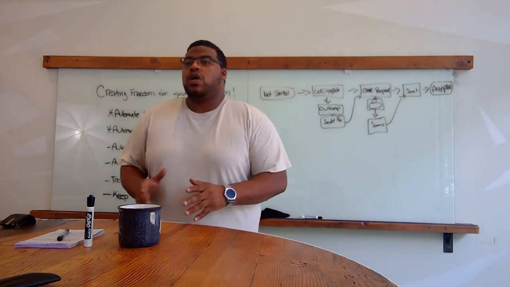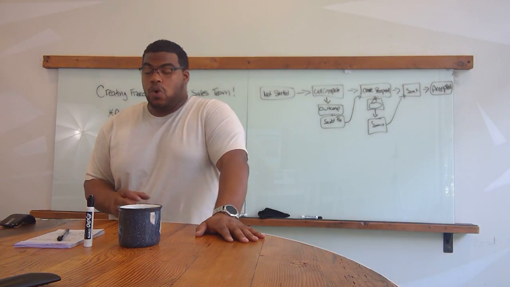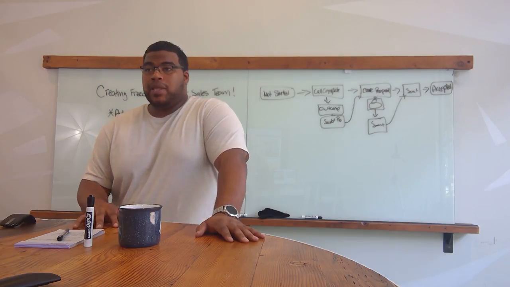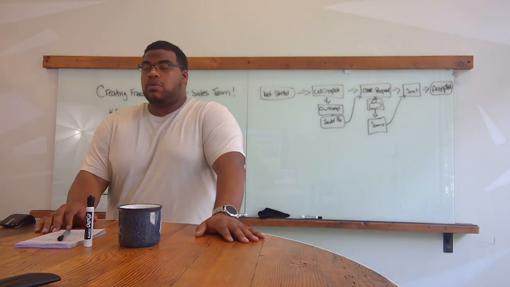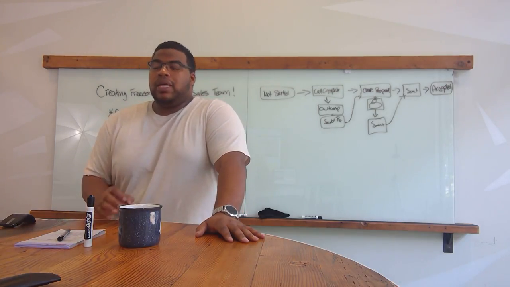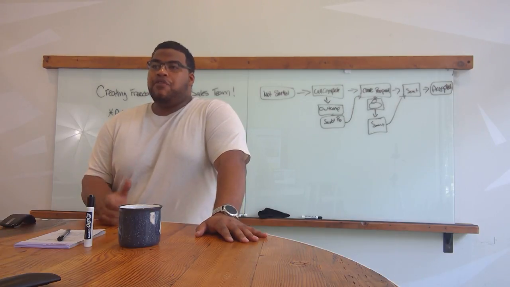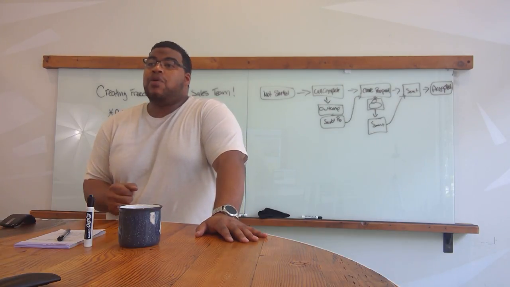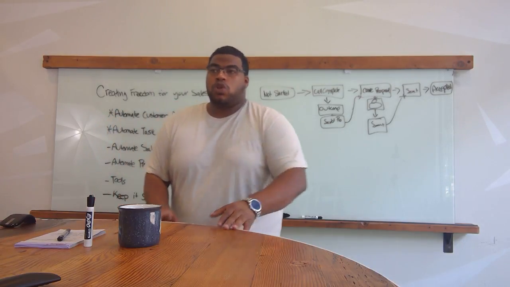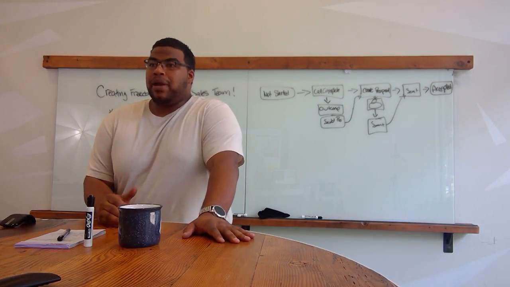But my point is you want to use the automation to send out the emails, to create the tasks, to do all the things in your pipeline in order to save your team time, right? You don't want them to have to type out an email every time you need to send a proposal, or go and type out a task every time they need to create something. You're doing repetitive tasks over and over and over. Have your system automate that, save your team time, create freedom, because now they don't have as big a workload. And because they don't have as big a workload, they're able to focus on other things. They're able to do their job better, right?